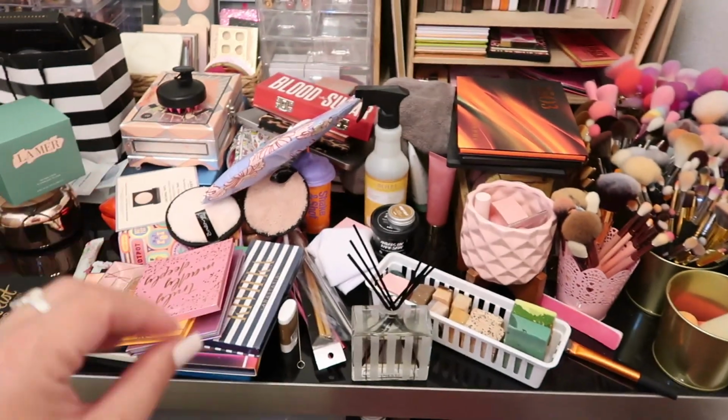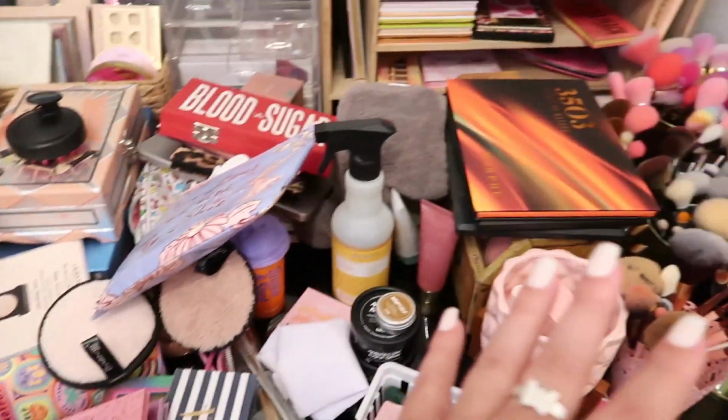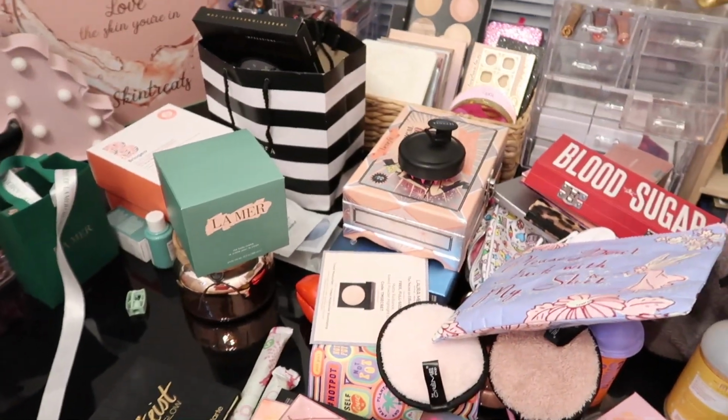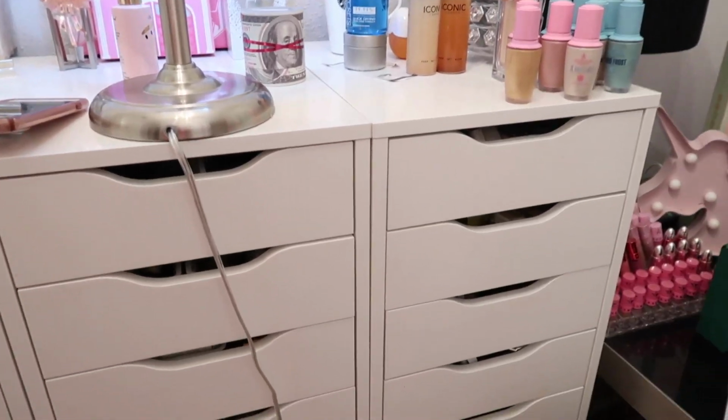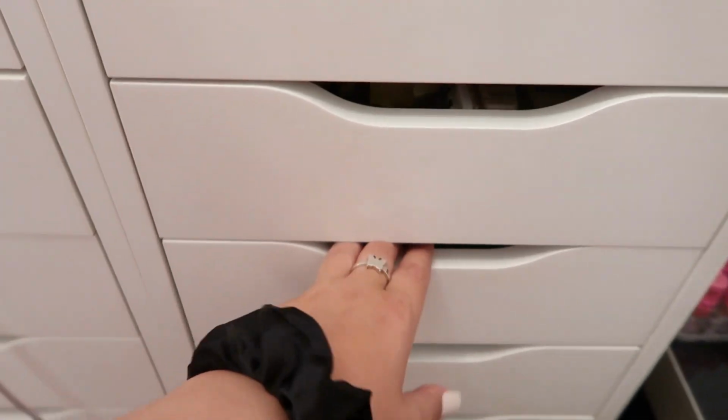I have some more highlighters here. This is all still a complete mess. I have eyeshadow palettes all over the place. I don't even know what's going on. So today we're going to be doing blushes, bronzers, highlighters, and face palettes if I have time. It depends on how much time I spend on this project, but I did want to give you a little